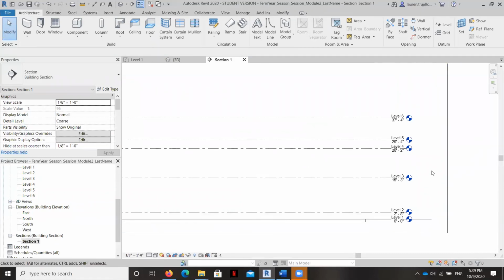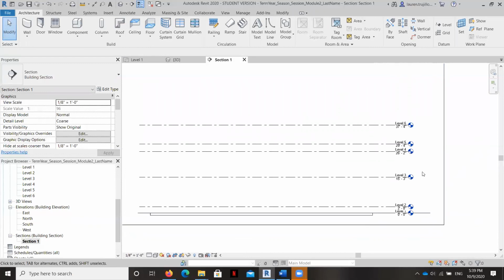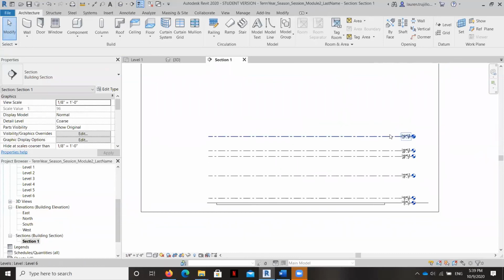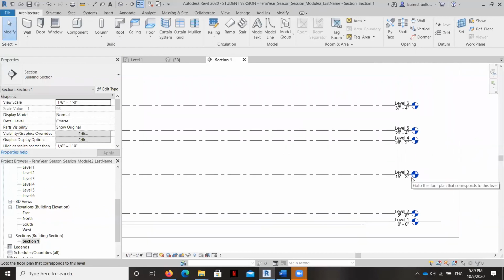So our levels are set. You've been able to create them, draw a floor as a reference plane and manipulate them. And then you've also been able to select the grid lines for the levels and make sure that they're aligned in this beautiful, even, perfect way. Okay, so we'll stop there for now.